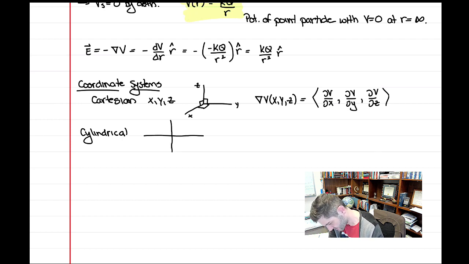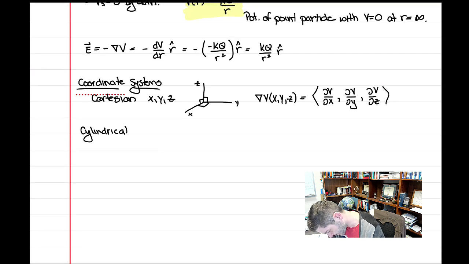Actually, let me do those in light gray because that's not what I want us to focus on. So there's y and x. That's okay. So then if I have some point here,